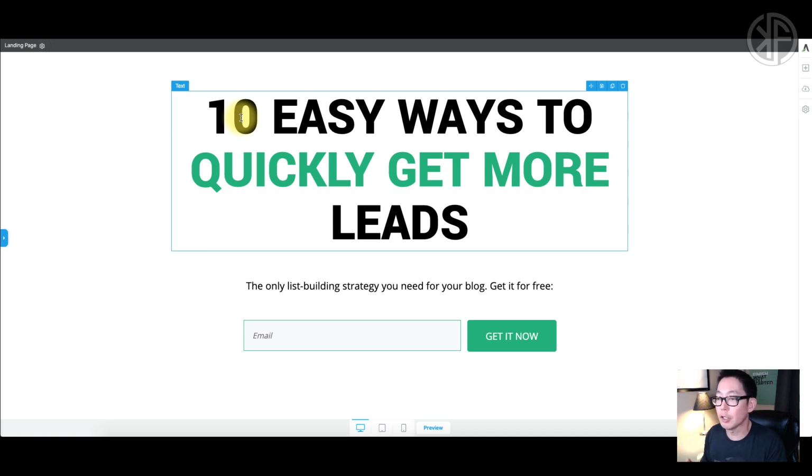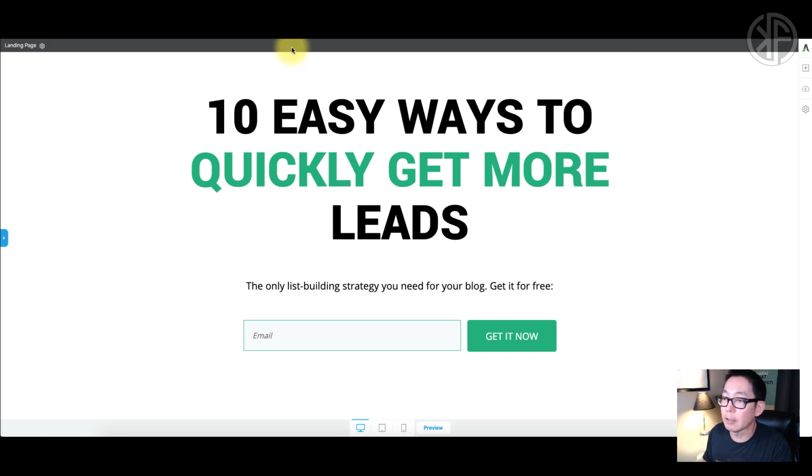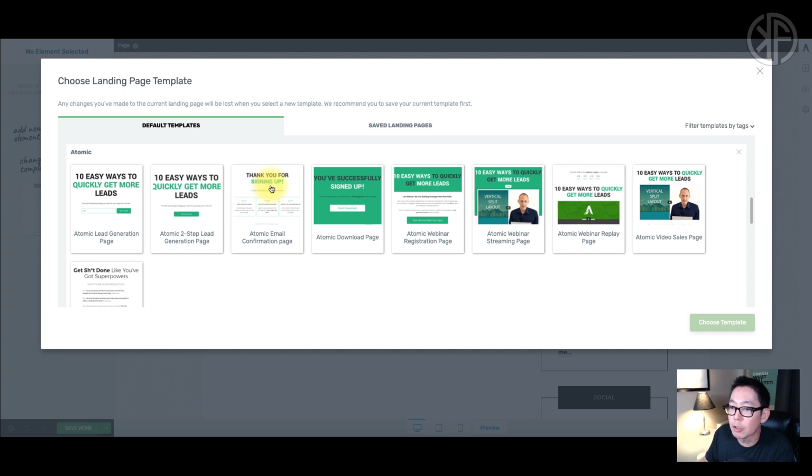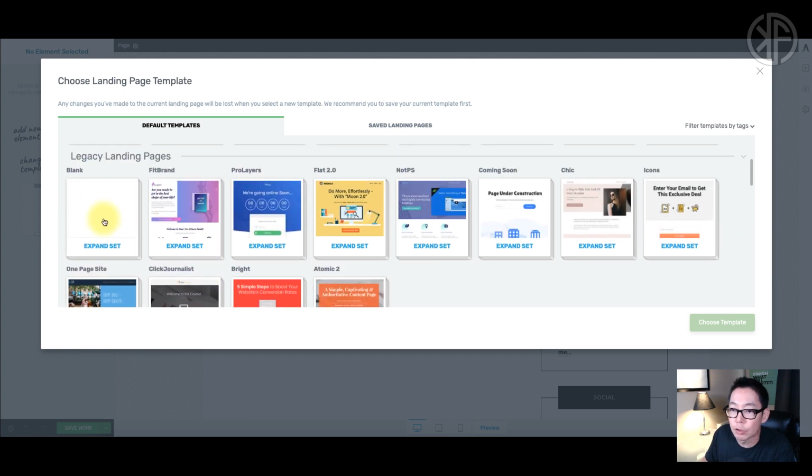You can use the template, change it up, and then use that as your landing page, or you can build one from scratch. So this tutorial is going to cover that. We're going to build one from scratch, from a blank slate here, okay? So if I head back, and I'm just going to scroll up here, and I'm going to choose this blank pages,